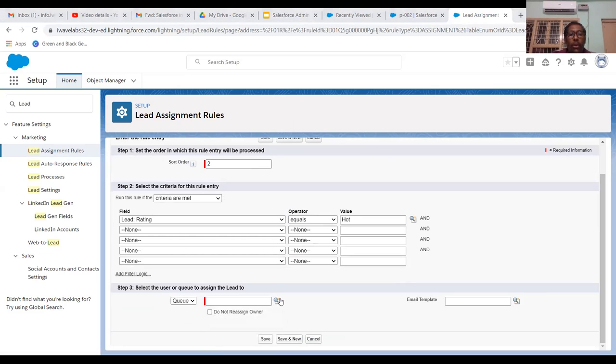Do we have any queue here? We have to search for the queue. Select Salesforce developer as the queue name. Go. It says we don't have a queue. Now, let me type Salesforce.